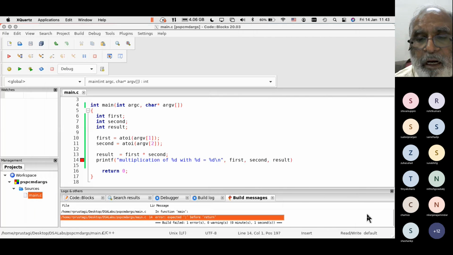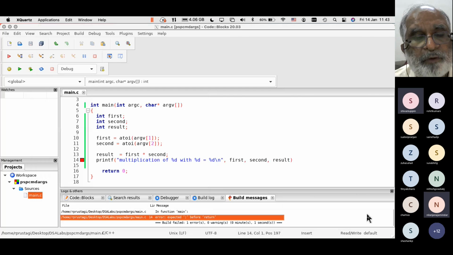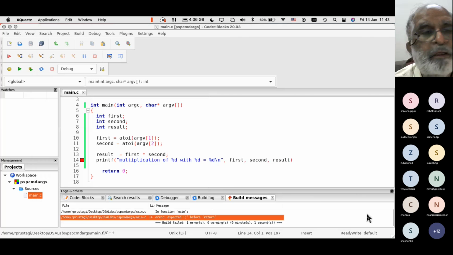It gives you an error mainly because, can anybody make out what the error is here? It says expected semicolon. Semicolon, sir. Yeah, semicolon is missing, so correct it.